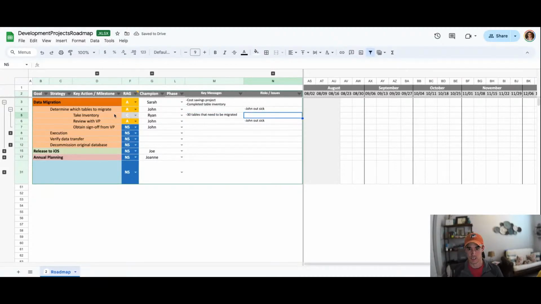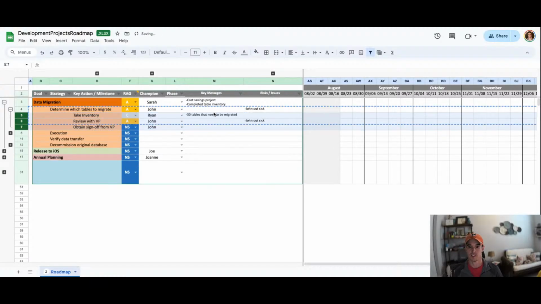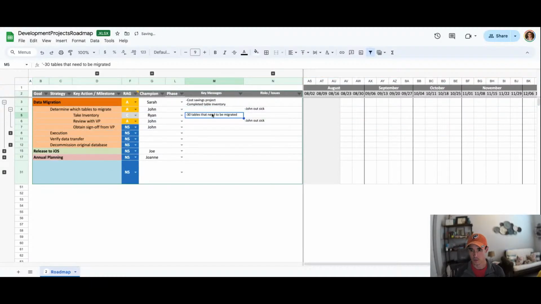So what we can see here is just this really nice collapsible level of specificity, based on whatever our requirements are at the time. Stepping back a column here, we have phase, and I like to include this primarily in my software development projects, but you can simply remove or delete this column as needed. But in this case, determining which tables to work on, if we're thinking about the linear fashion here, review with VP,